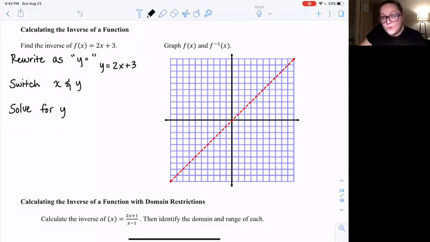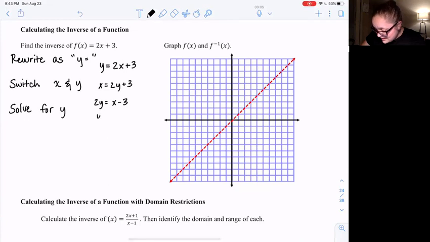So I then am going to switch my x and y, and it's going to become x is equal to 2y plus 3. You literally just switch that x and y around. Now you're going to solve for y. So I'm going to subtract 3 over, and I'm actually going to have 2y, so I'm going to flip the equation. 2y is equal to x minus 3. I'm going to divide this whole thing by 2, and I get y is equal to 1/2 x